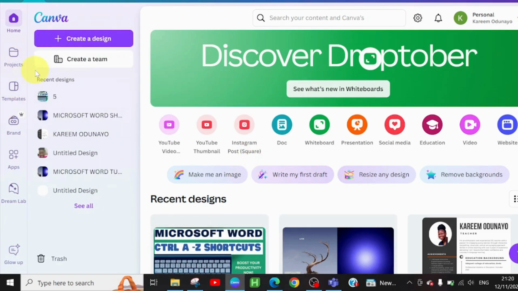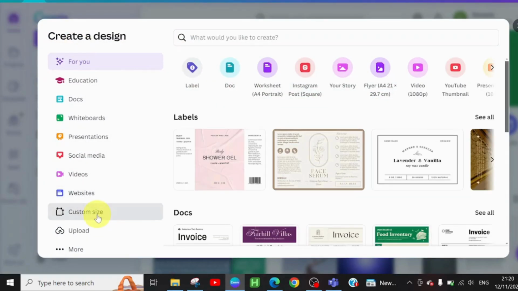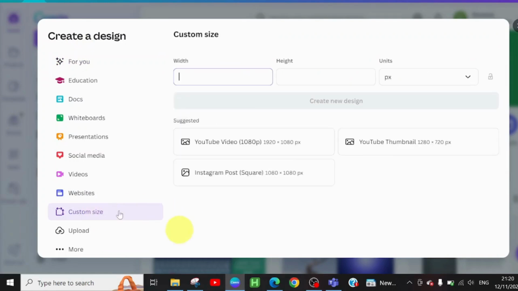So for this particular label design, this is the interface of your Canva. Then you go with create a design. We are going with a custom size to be specific. And this custom size is as a result of the particular mockup we are going to be placing our label on. So we had to go with